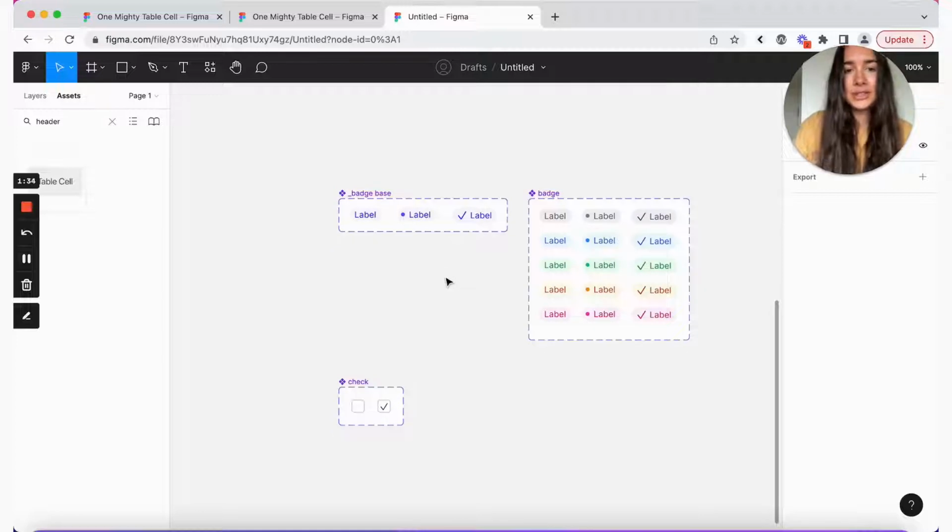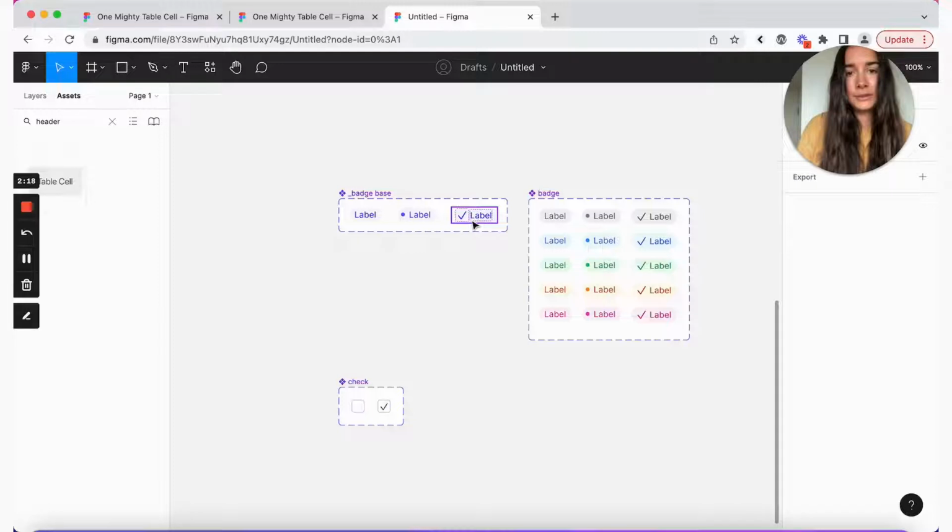This is also the reason why I decided to do a 56 fixed height for the body cell, mainly because the height of the content itself might differ depending on whether it's a badge or a check or an icon or text, and I don't want the height of the cell itself to shift if the height of the content is different. So because of that, I just set it to be fixed, and it may not always work, because if, let's say, we have a body cell where there is a lot of text and it drops to the second line, then of course we want to use the padding to make sure that the cell stretches out.